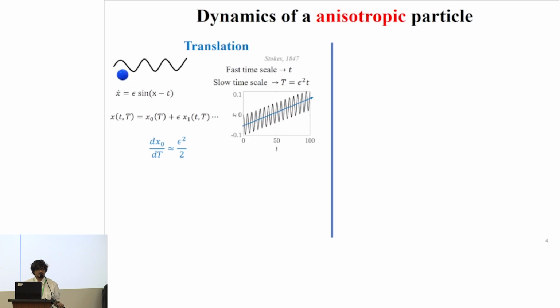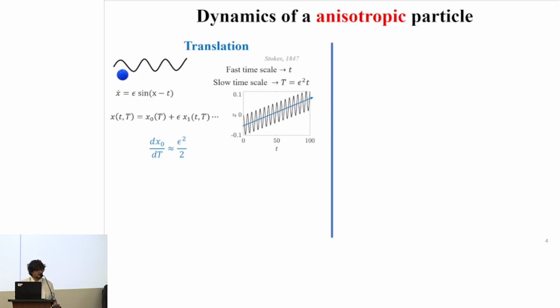Here I consider the wavy flow field, and I place a spherical particle which is neutrally buoyant, which means the density of the particle matches the density of the surrounding fluid, and the velocity of the particle is a sinusoidal function of space and time, and it is a one-dimensional non-autonomous equation. And we have two time scales. One is the fast time scale, which is induced by the wave-induced oscillation, and the slow time scale, which is due to the wave-averaged time, indicated by capital T. Then we use the standard multiple scale expansion to capture the dynamics at both time scales.